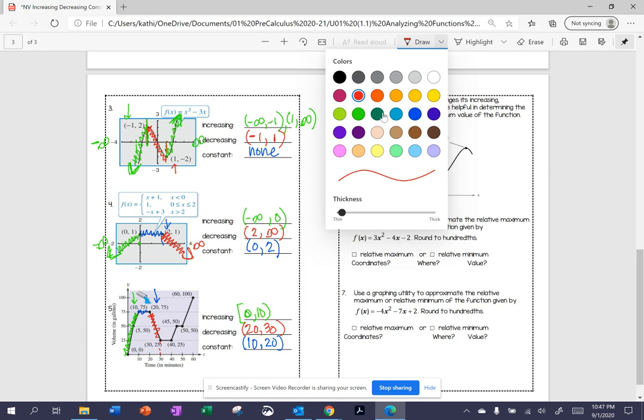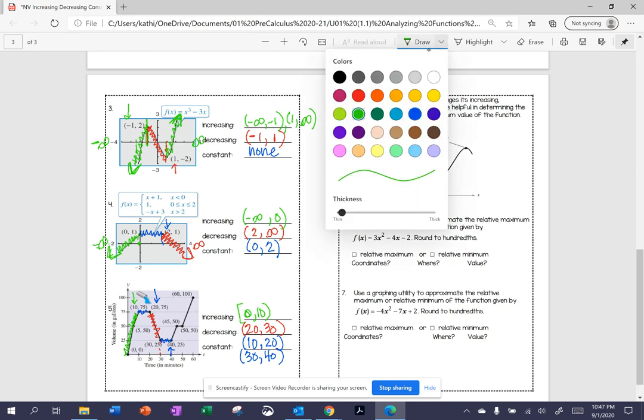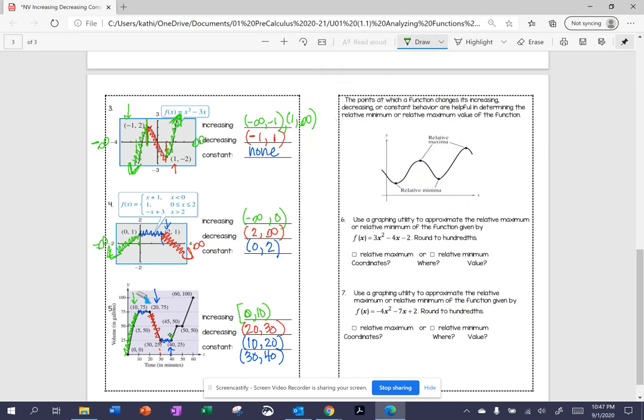Next section, I am constant again, so I'm starting at 30, not including it, parentheses, ending at 40, not including 40, parentheses, increasing again, so this section, so I'm going from 40, not including it, to 45,